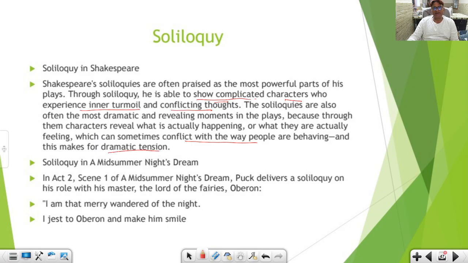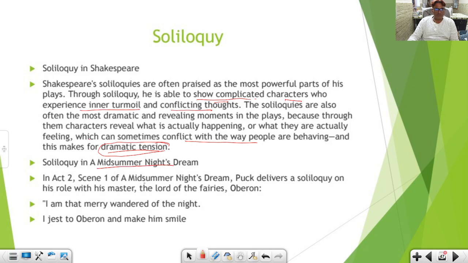and this makes for dramatic tension. Now, dramatic tension actually, okay, so dramatic tension is also reduced by using soliloquy. So soliloquy is really very helpful, and perhaps just because of its value, Shakespeare preferred it and used it as much as he could in his plays. And so many plays are really known for the beauty of the soliloquies which were employed by Shakespeare, like A